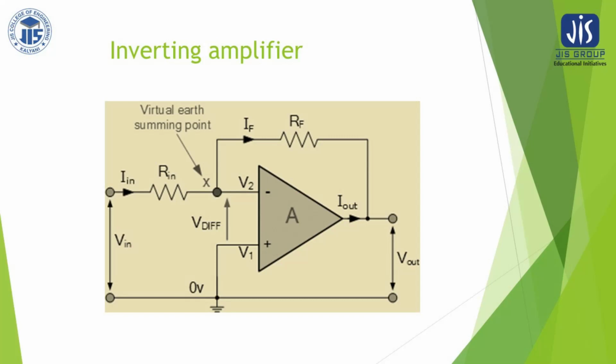So this is known as the voltage gain AV of the inverting amplifier. It is nothing but the ratio of RF to R1. So if RF is larger, then this quantity is greater than 1, but since there is a negative sign, it has a 180 degree phase shift. So the output voltage is 180 degree phase shifted from the input voltage.